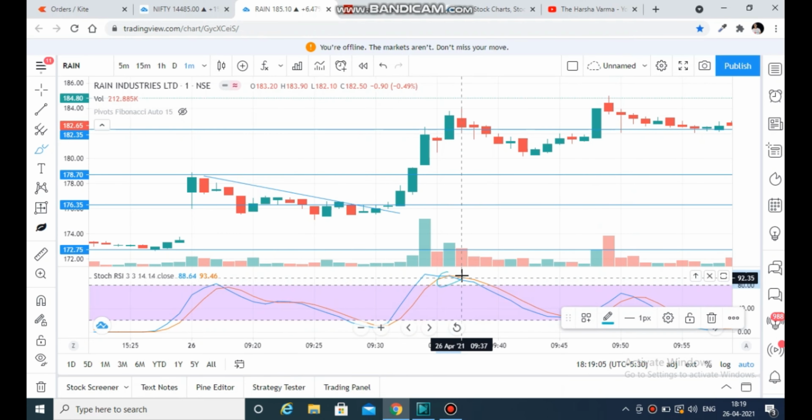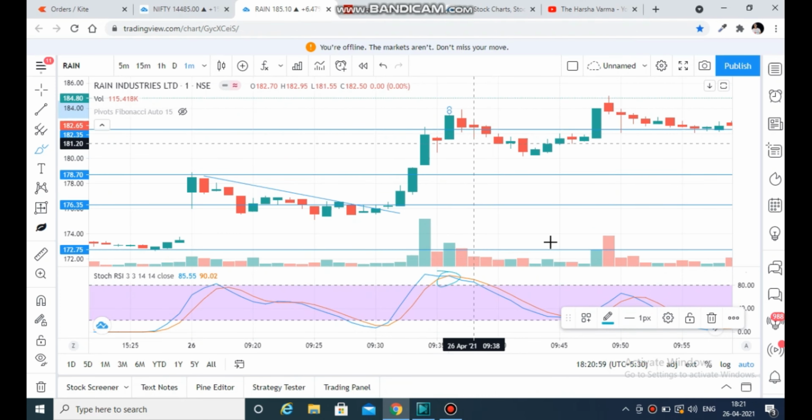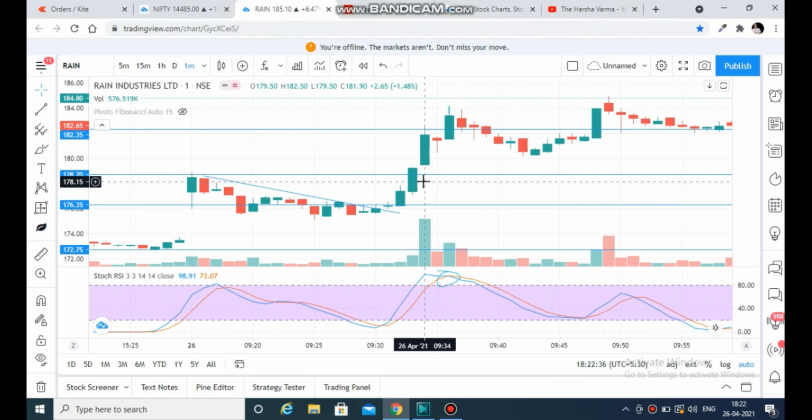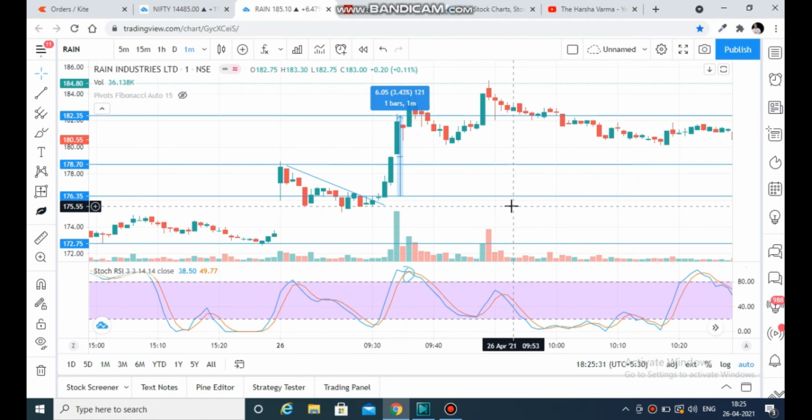You can see here that the blue line is cutting the red line from the top, which is an indication of sell. According to the indicator, it is giving a sell signal after this candle. Just to make sure that the trade is safe, I exited the stock at 182.30, which is the R2. Now when we look at the percentage from here, we got an intraday trade of almost 3.43%. Remember that the stochastic RSI gives different percentage movements at different time intervals.